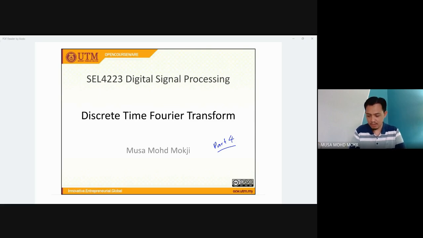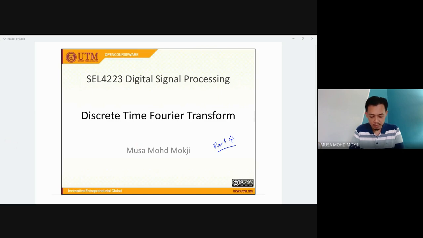So let's start. We will continue our class on this topic, which is the discrete time Fourier transform, and this is actually part 4. We started the chapter before mid semester, so hopefully this will be the last class. If we don't have enough time to complete it, then we will continue next week. Okay, so before that,